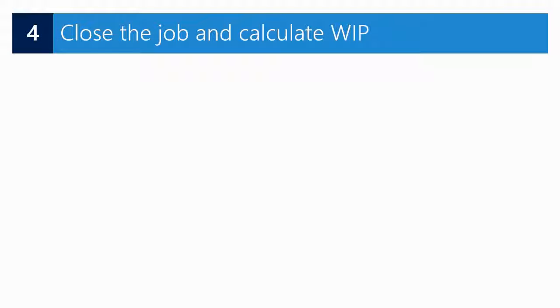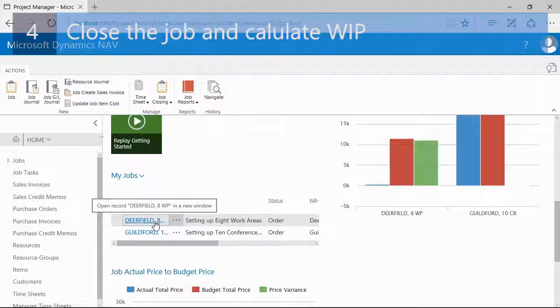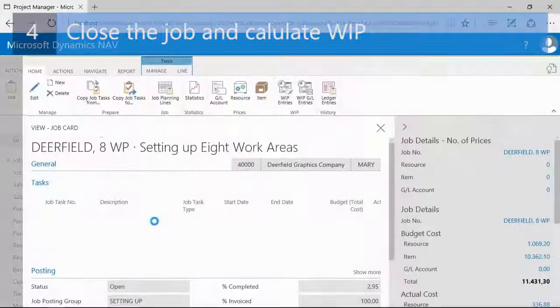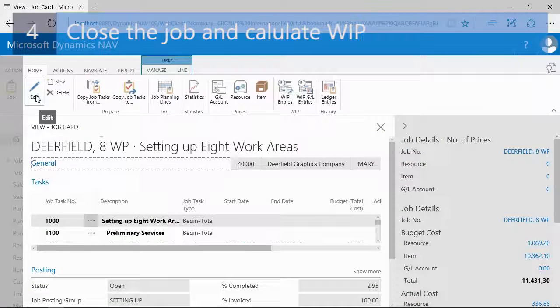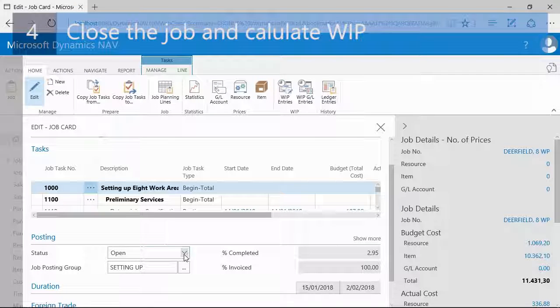Finally, let's close the job using the new closing process for WIP calculations. Suppose that my Deerfield job is finished. I can click to go to the job card. Then in the ribbon I will click on Edit, and if I scroll down, I can change the status field